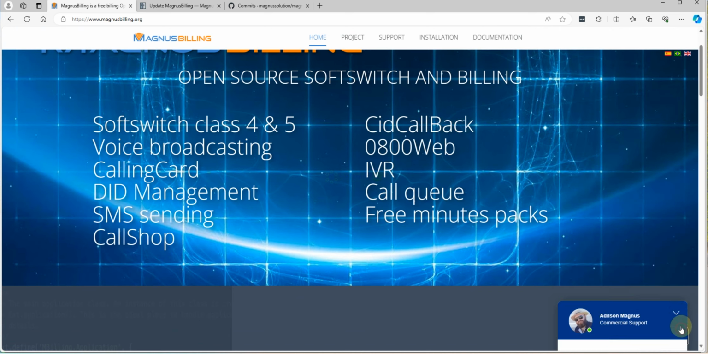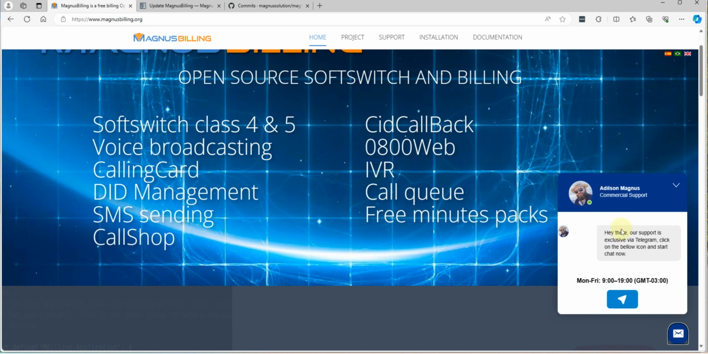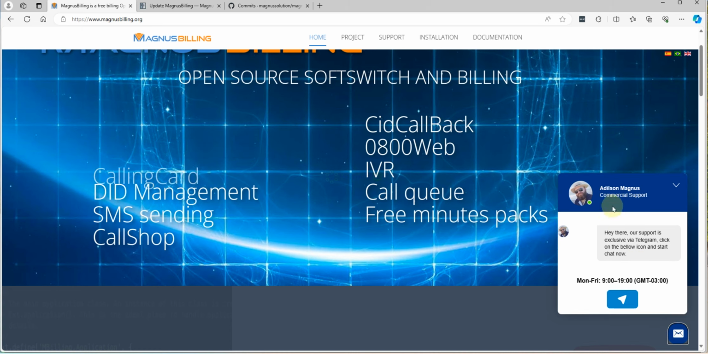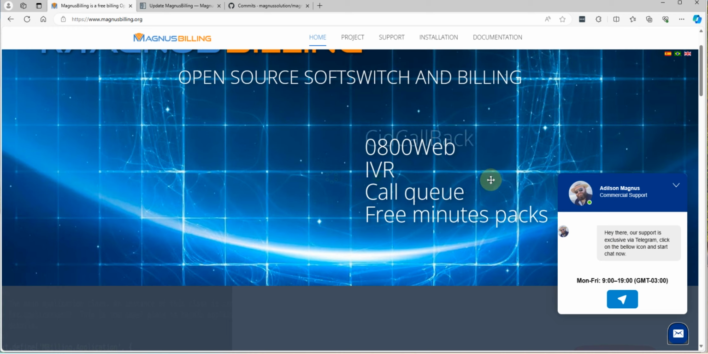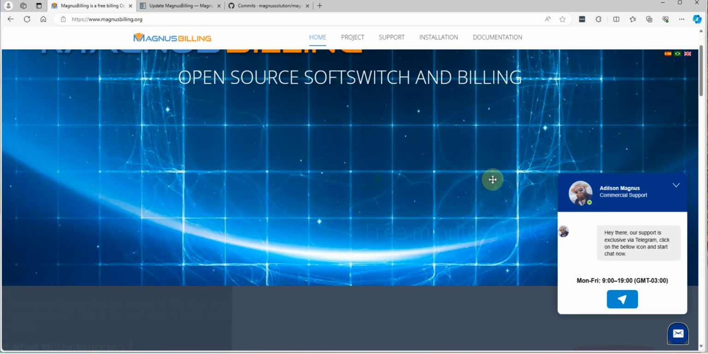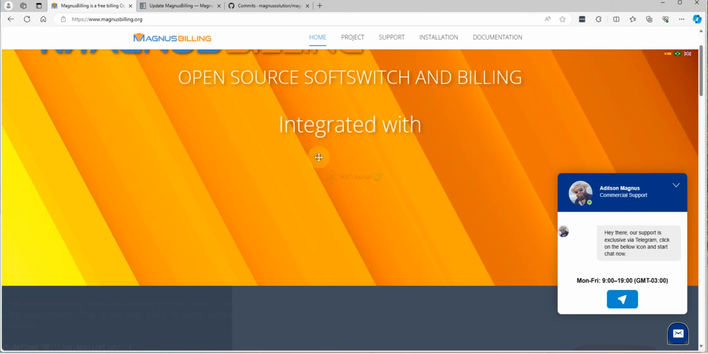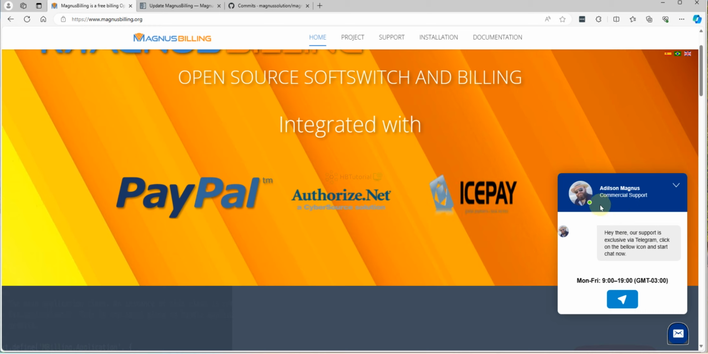Also, if you want premium support or active support, you can message the Magnus guy who built or created MagnusBilling. You can message Adelson for commercial support, so that they can guide you or give you a commercial